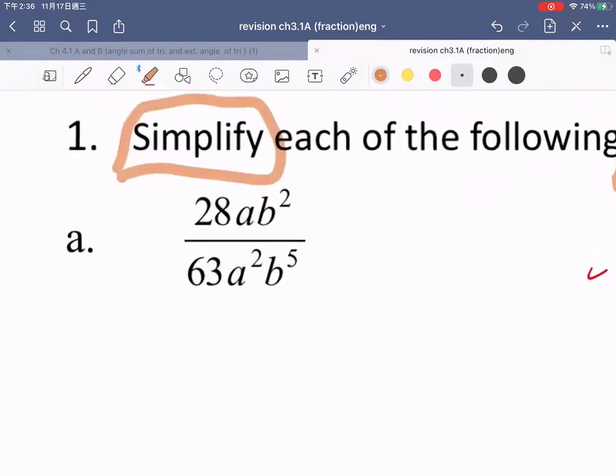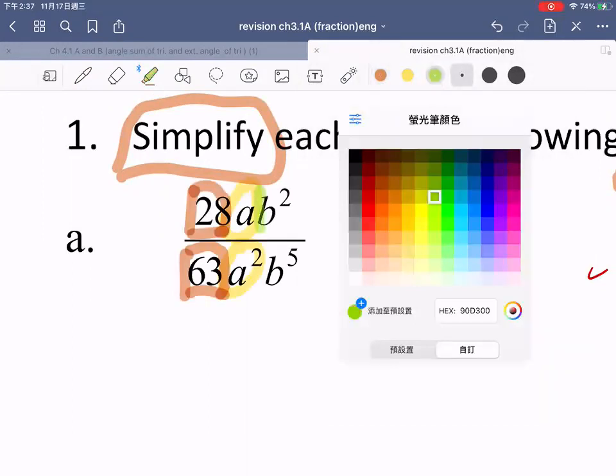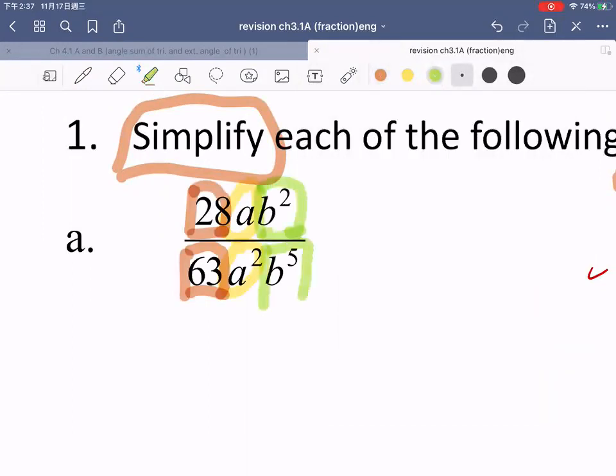For example, here we have the numbers 28 and 63, and A and A squared, and B also, which are B squared and B to the power 5. And we have the common factor for 28 and 63, which is